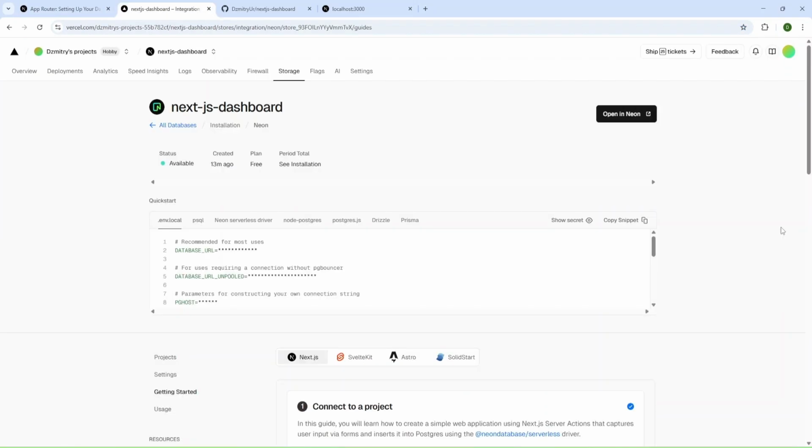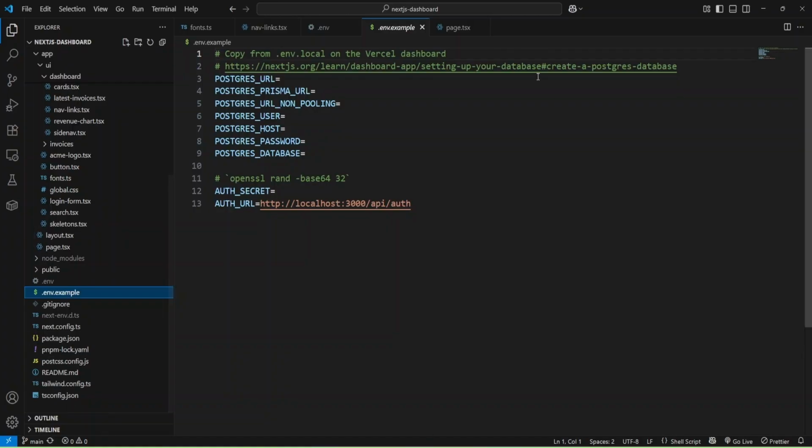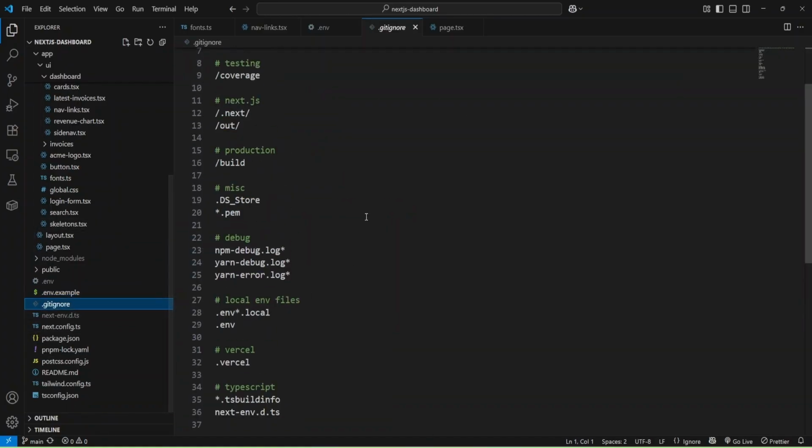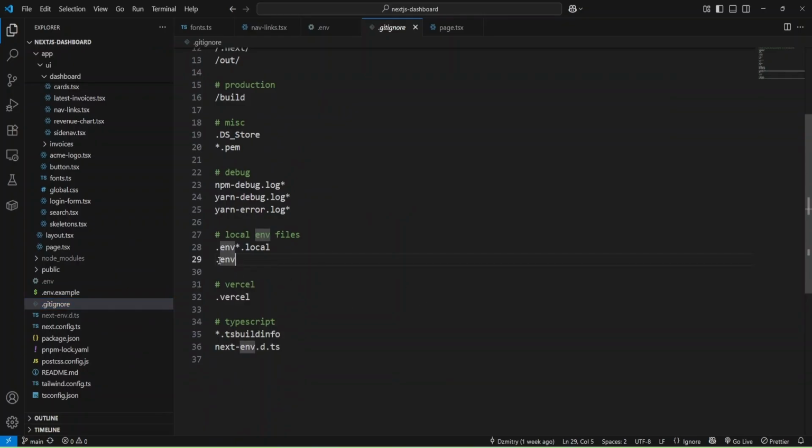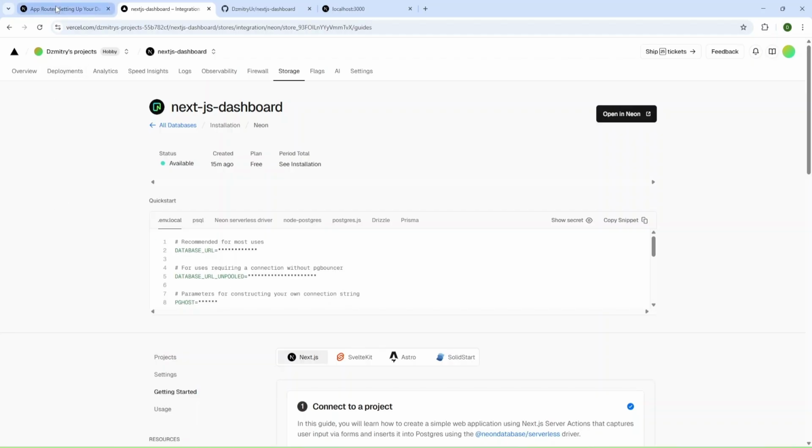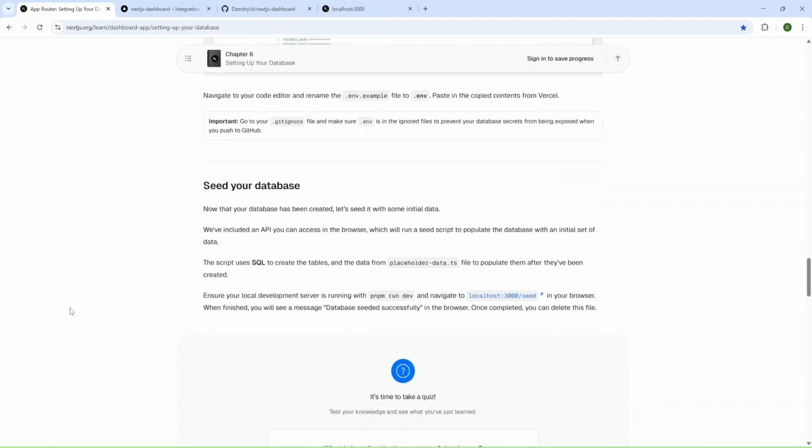Okay, and now I'll pause the video and make all these actions in order not to show my secret, and you can follow and make the same. Okay, I created the env file, and let's check gitignore, and we have env file and env local in gitignore. Okay, and let's see what we have next, and next we can see our database.